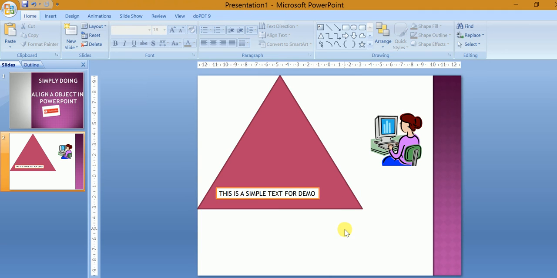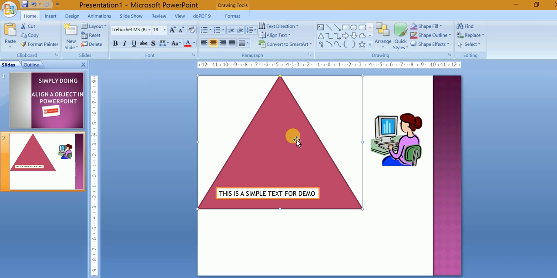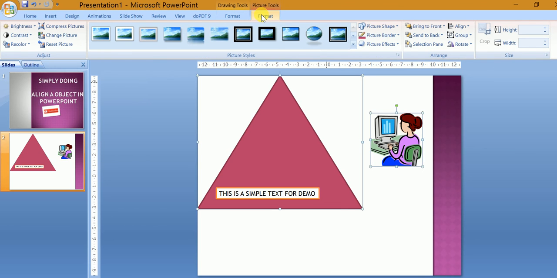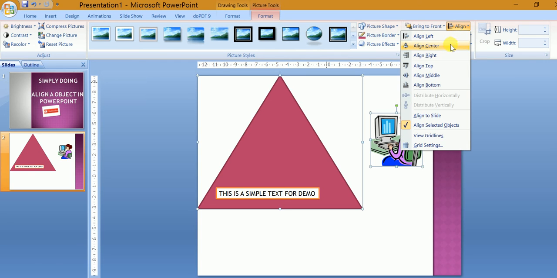But if you select two objects, like this is a shape and this is a clip art photo, you will see two Format tabs. The first is for the first object, the second is for the second object. Let's test this thing. If I click on the second Format tab and Align Center,